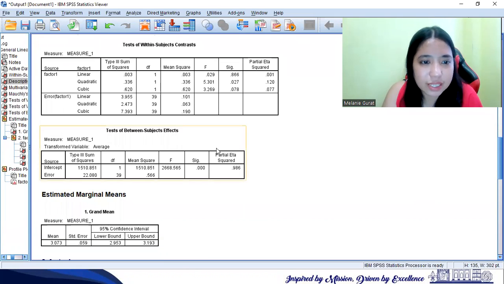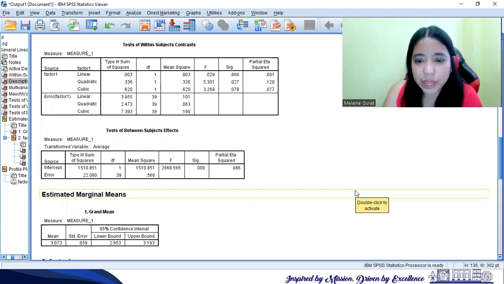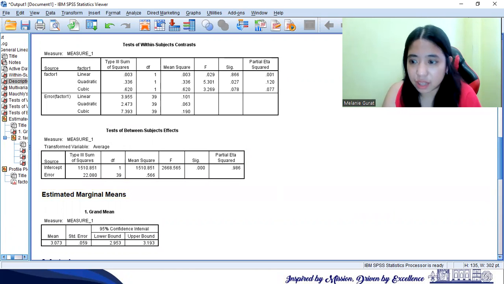In this table, we cannot use this, or this is not needed in the result because we do not have tests of between subjects, so we will be disregarding this.